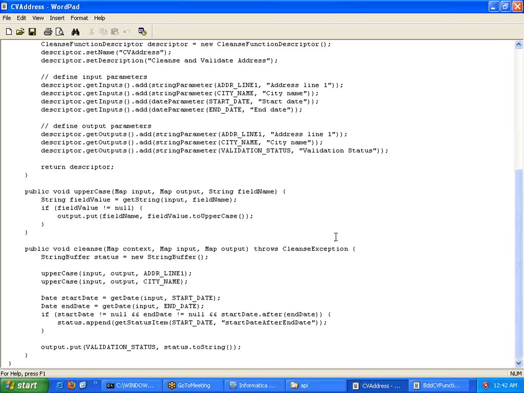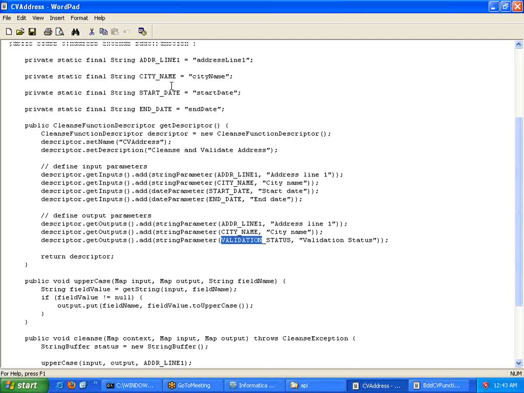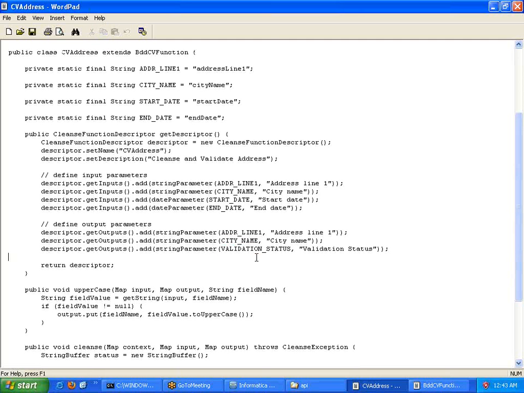In this particular example, there are 3 output ports, namely address line 1, city name, and validation status. These are the constants that we discussed. Address line 1 we have, city name we have here, validation status we can have either here or also here.